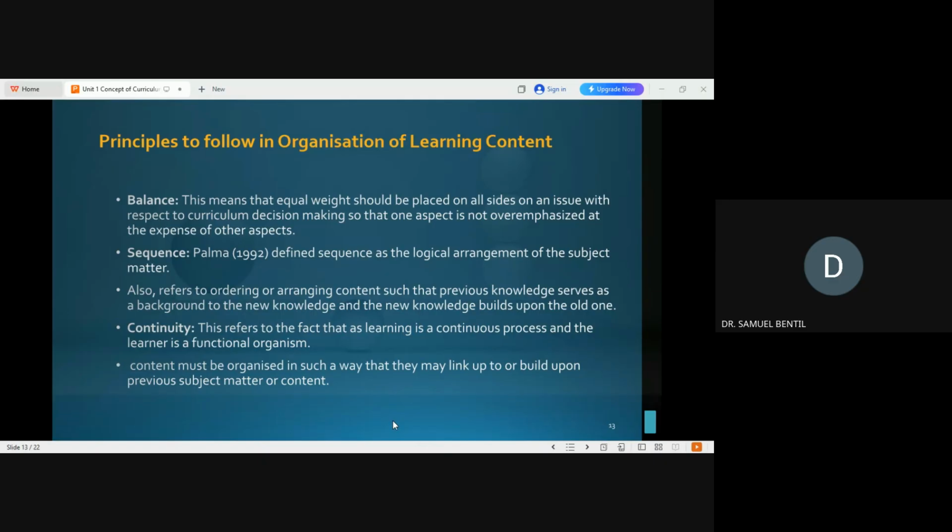That means that within a term, you cannot teach human geography throughout. When you do that, you are going against the organizational structure of the geography syllabus. That means that every term, the topics designated for physical must be taught. Likewise, human and practical geography. Now, one of the principles you must take note of whenever it comes to the organization of learning content is balance.